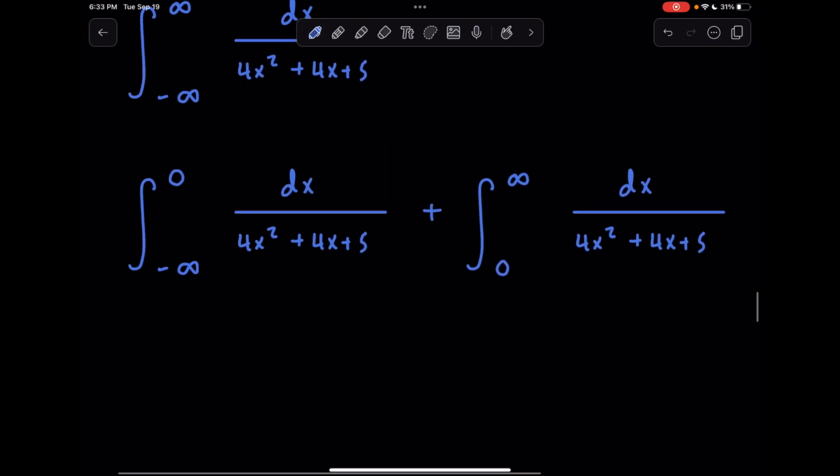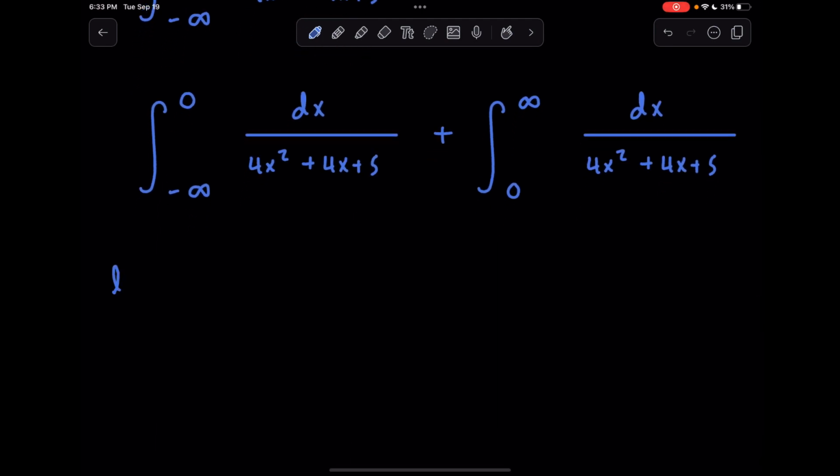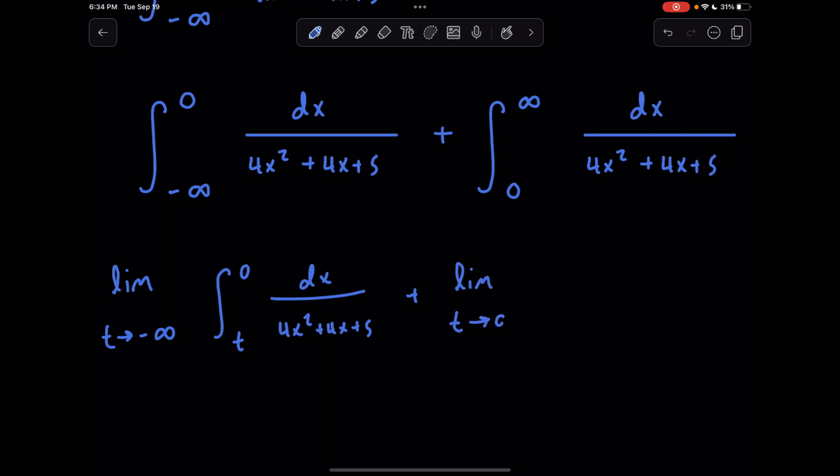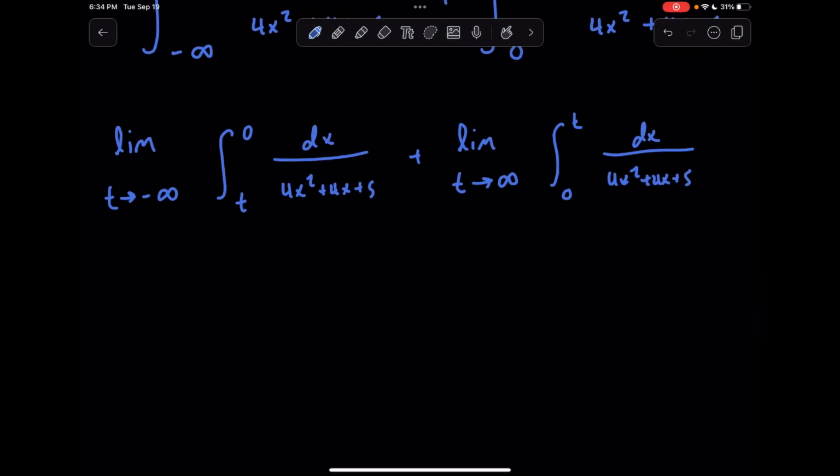Since we still have infinity in our bounds, we need to rewrite these with limits. The first one will be the limit as t approaches negative infinity from t to 0 of our integral. And our second one will be the limit as t approaches infinity from 0 to t of our integral. Now, rather than solving this integral twice, to save time, I'll solve it once indefinitely and use the result in each of these. So the indefinite integral,